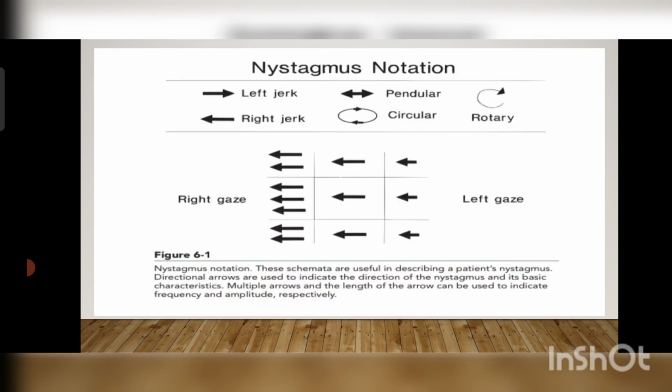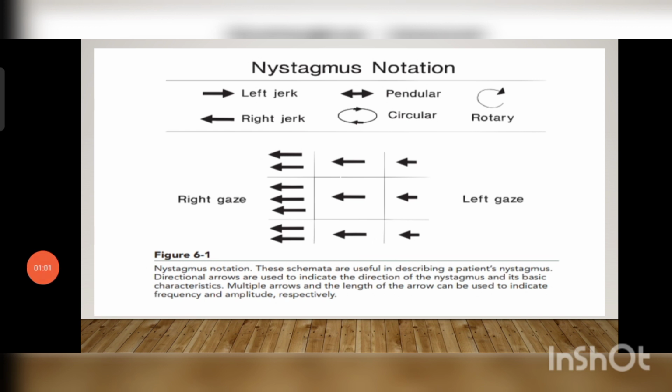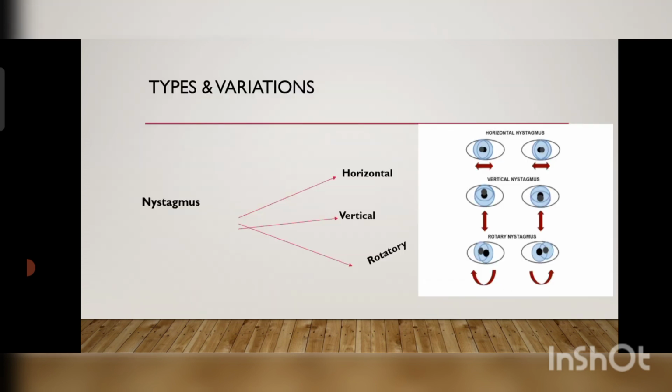So let's come to an example. A patient has a very fast movement of the eyeballs on the right side, and when the patient looks to the left side there is a slow movement of nystagmus. So what will the patient do now? The patient will try to look through the left side because his null point is over there. Null point means where the nystagmus diminishes in frequency and amplitude, where the nystagmus gets lost. So the patient will tend to look at the left side, and accordingly there will be a face turn.